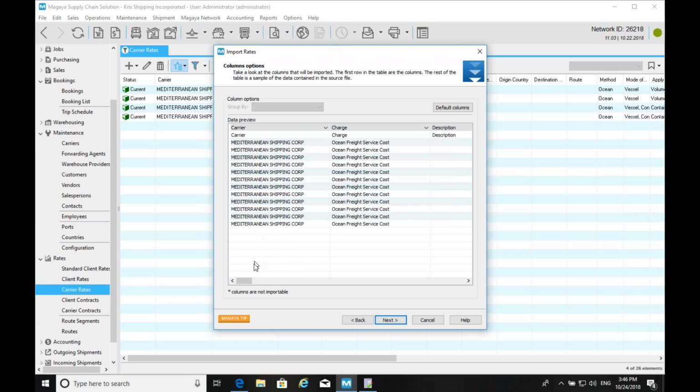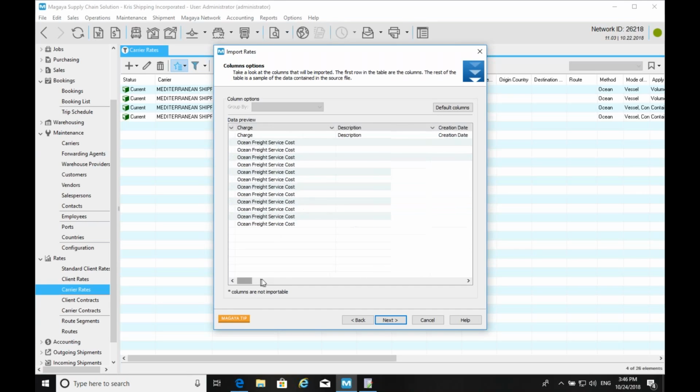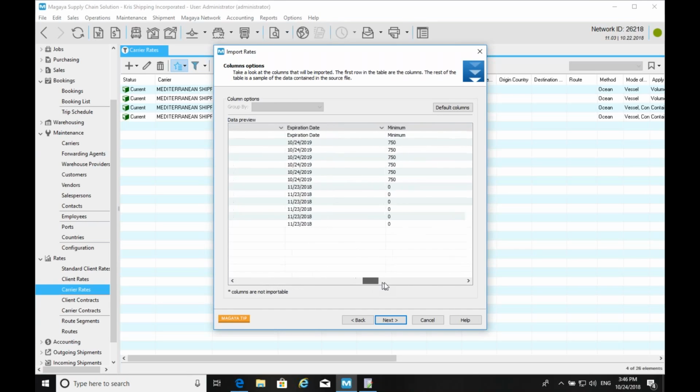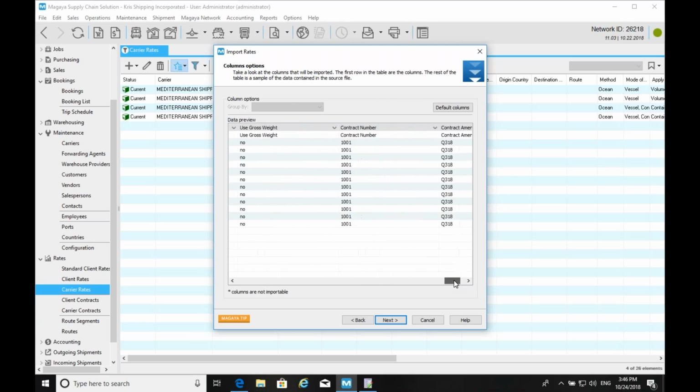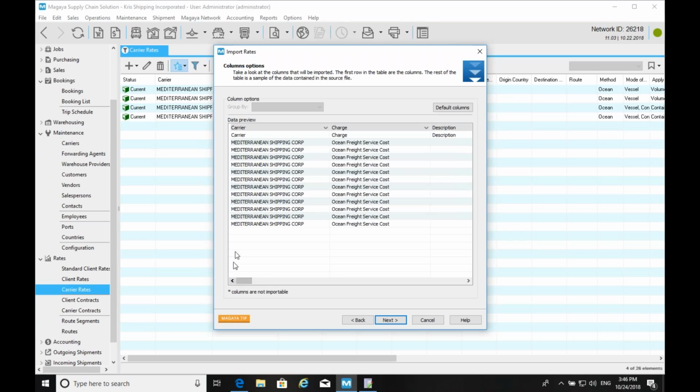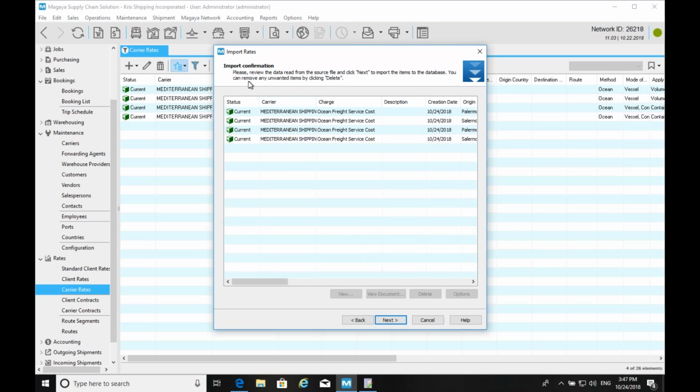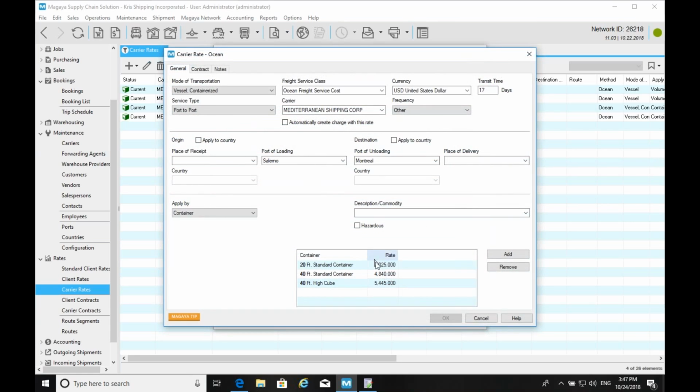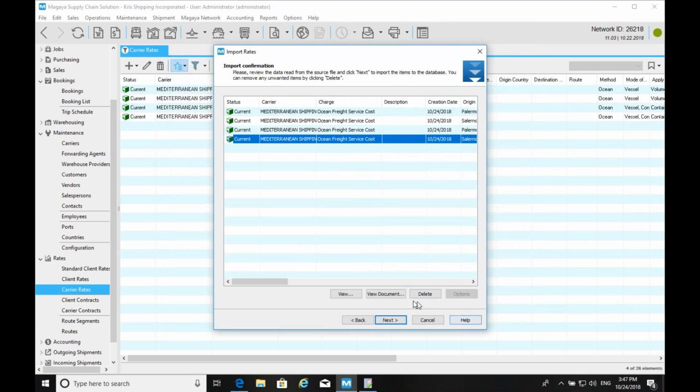All right, so here, if you've already done it at least once, the columns will already match, and it'll be very easy to re-import the file that you started exporting from Magaya. That was the point. That's why I did the export first, because then the import becomes extremely easy. Okay, it said that these 4 are the items that I'm proposing to import. If I open this, I see that these are my new rates.